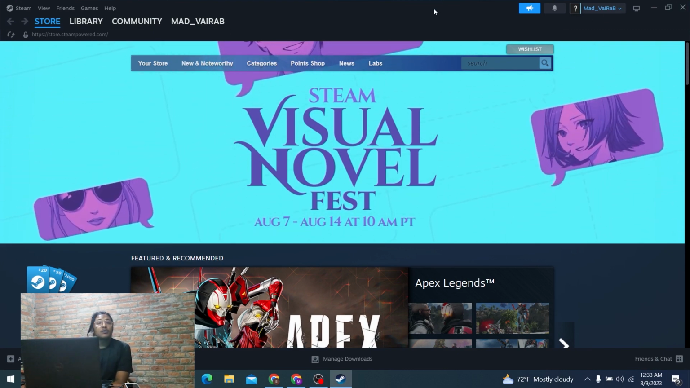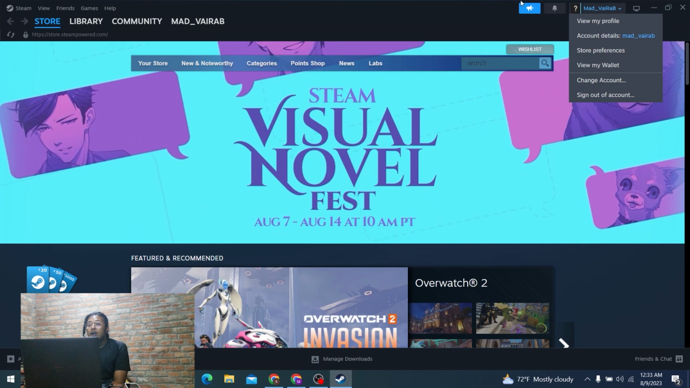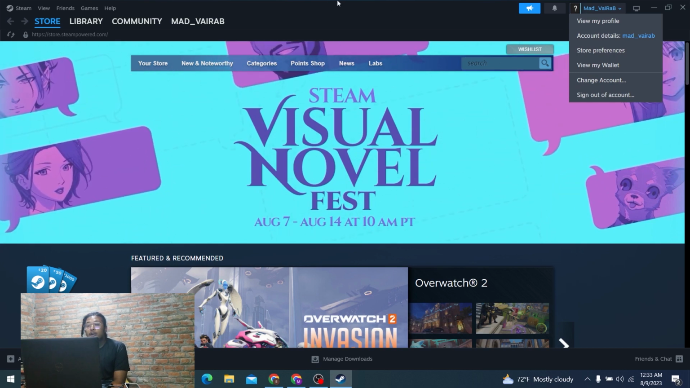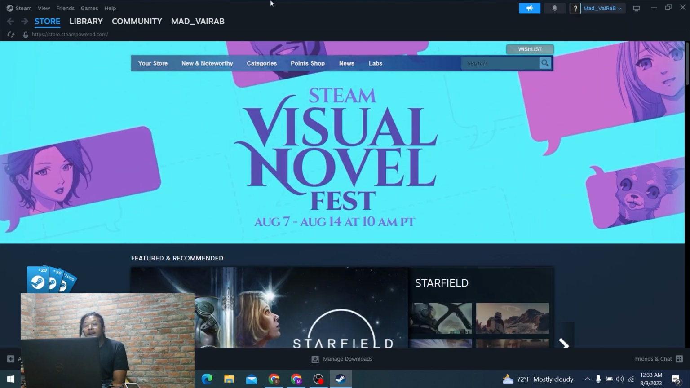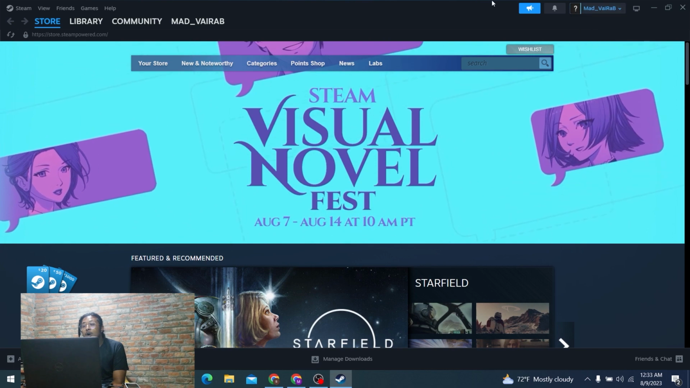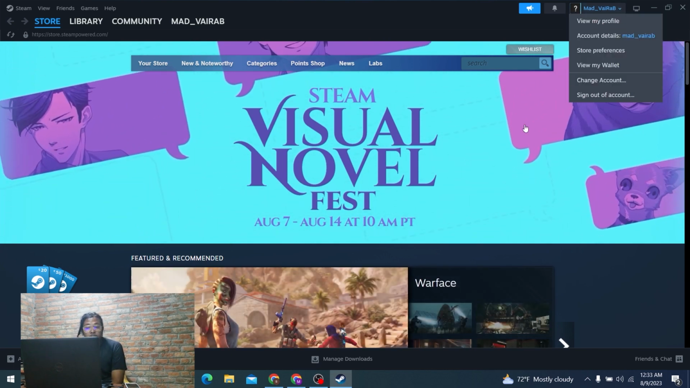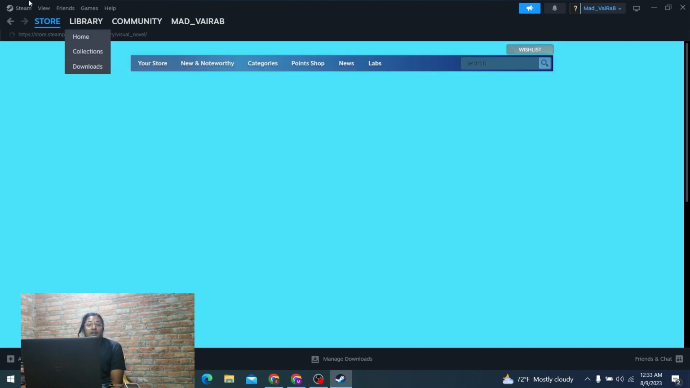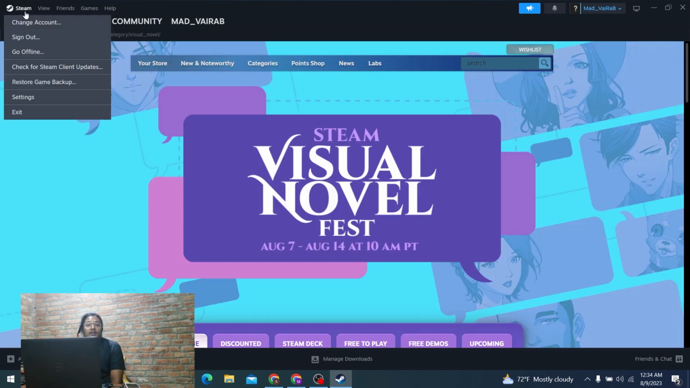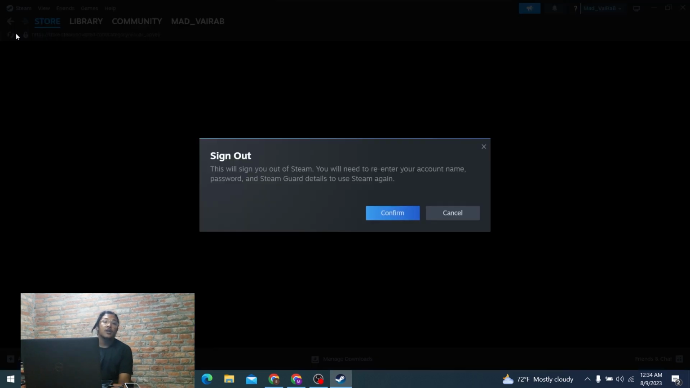Now in order to sign out from over here, you can see there are two ways. One is by clicking on your account name at the top right corner of your screen, where I'm hovering right now. There is the sign out of account button. Another way is the top left corner where it says Steam, and there is the sign out button over here. Clicking on either way, you'll be signed out of your Steam account over here,